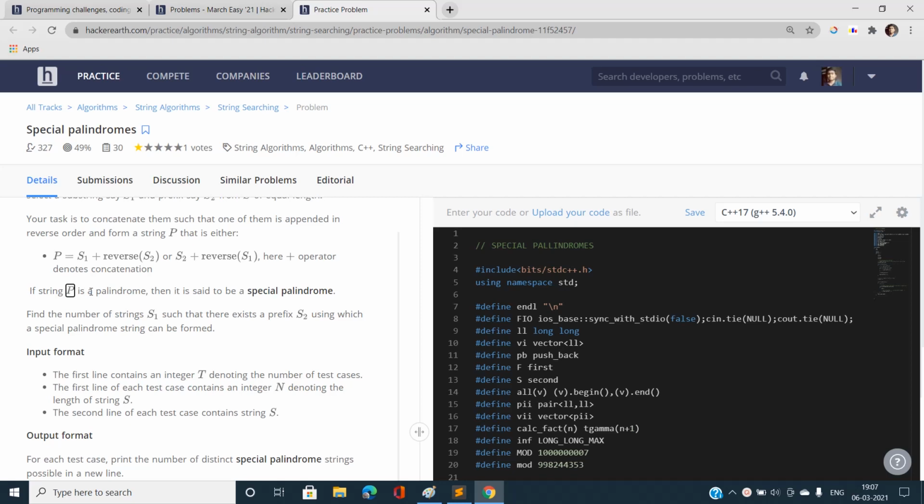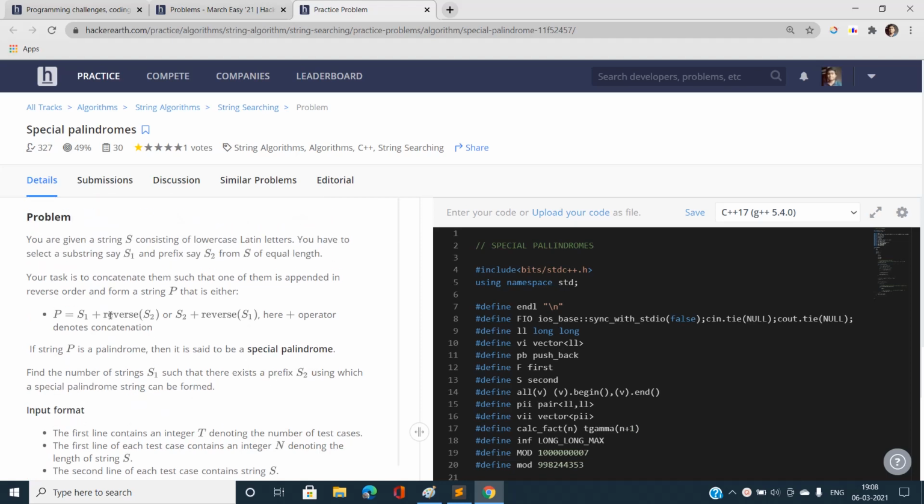Also note that string p must be a palindrome, then it is said to be a special palindrome. So find the number of strings s1 such that there exists a prefix s2 using which a special palindrome string can be formed. If you analyze this condition, that is p equals s1 plus reverse s2 or s2 plus reverse s1, then you will find that we have to find the total number of substrings for all the prefixes of string s.